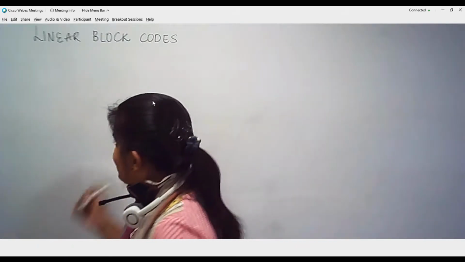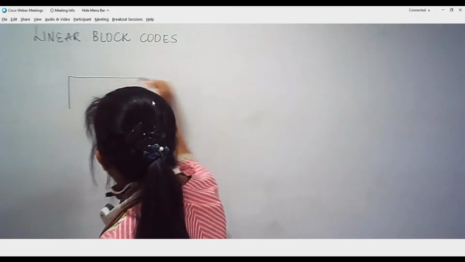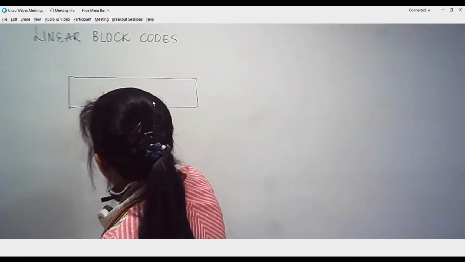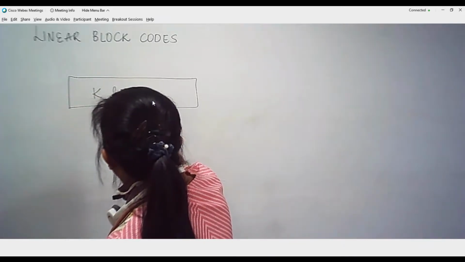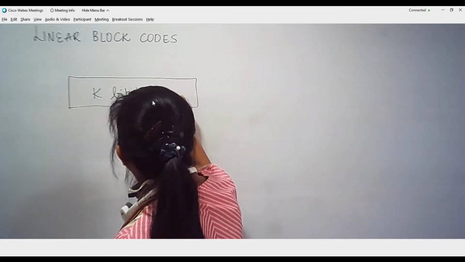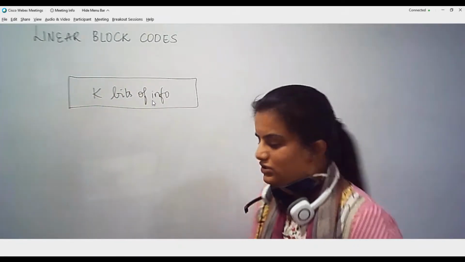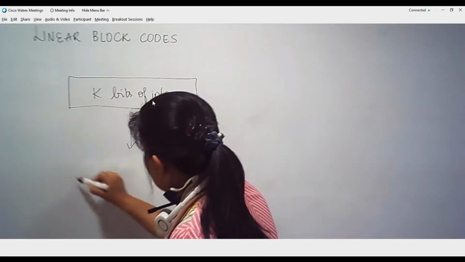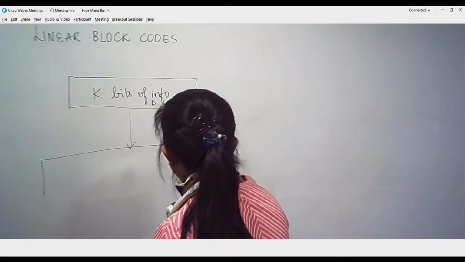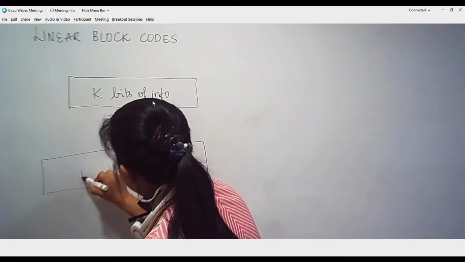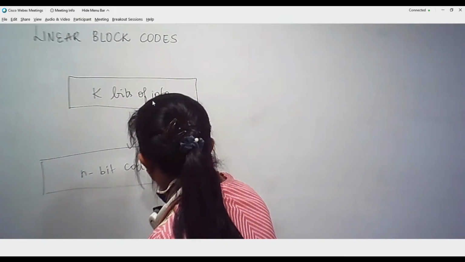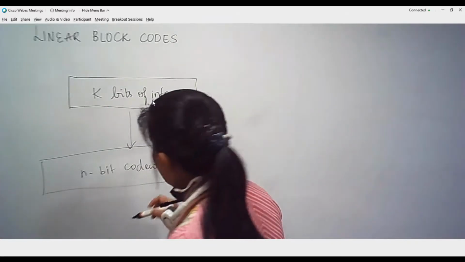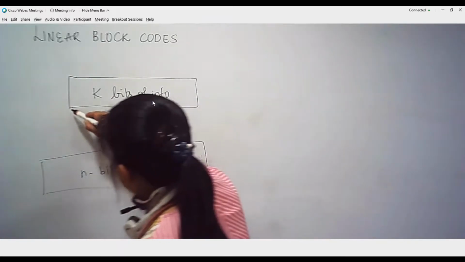Yesterday we have seen block codes are nothing but we take k information bits. Assume that this is the k bits of information that we have with us. This will be converted to an n bit code word. So the end result would be an n bit code word.